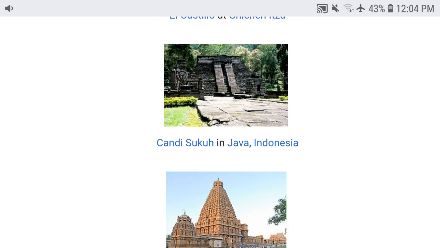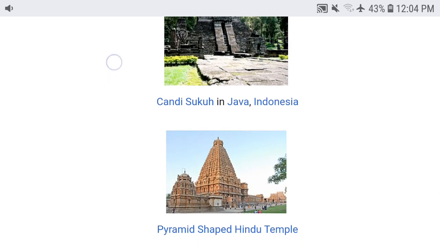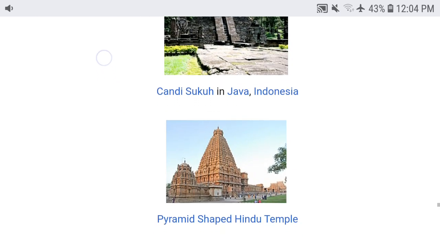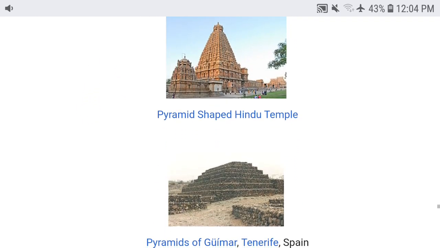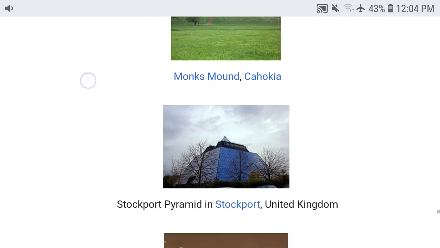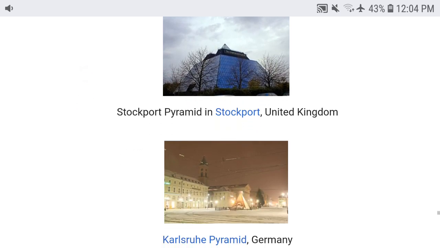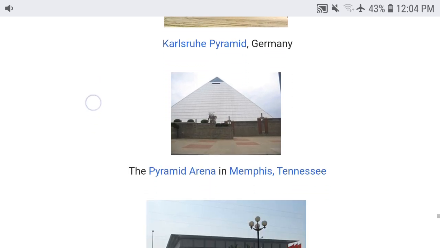And then Candi Sukuh in Java, Indonesia. Okay, I know this place. I think I've been here as well once. Yeah, and then a pyramid-shaped Hindu temple. Okay, this is the one in, I think, India, right? This is the one that I confuse as well. And then pyramids of Güímar, Tenerife, Spain, Monk's Mount, Chalkida, Stockport Pyramid, UK, okay, Karlsruhe Pyramid, Germany, and then Pyramid